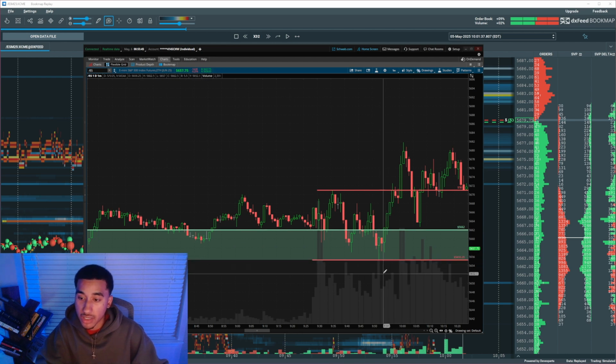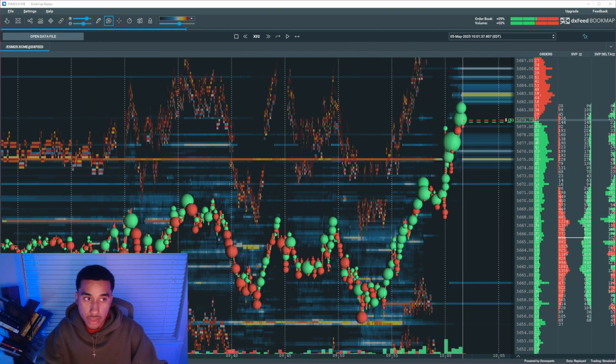And if we were to take a Fibonacci level, put it at this low, and put it at the high of the opening range, you can see that the 50% of this range lines up with that low volume area of 56.63.88. So that is where I took my long, spoiler alert. Because now I have more confidence that this area of 56.67 to 56.62-ish is going to be my area of